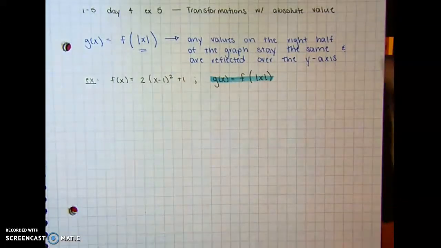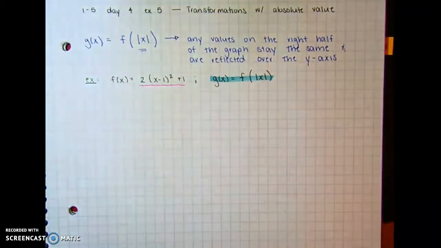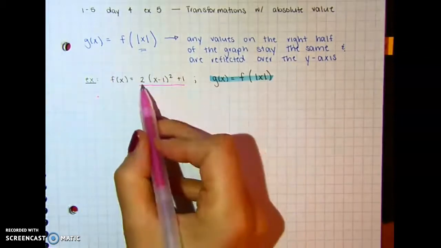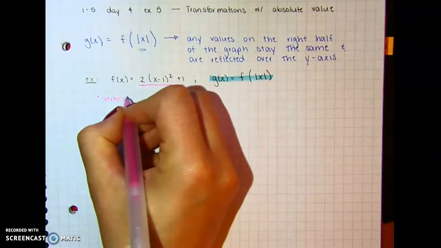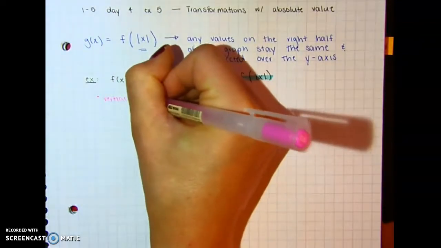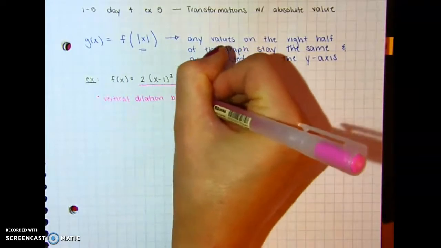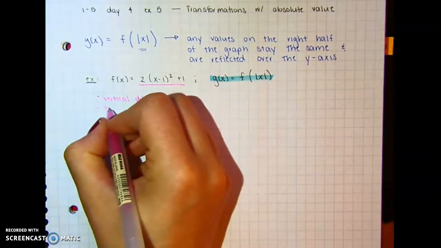So first of all, you want to focus first on, let's do it in a bright color, you want to focus first on this function. And like, what does that graph look like? So I would list the transformations first. So we have a vertical dilation by 2. And then we're going right 1 and up 1. So we're translating